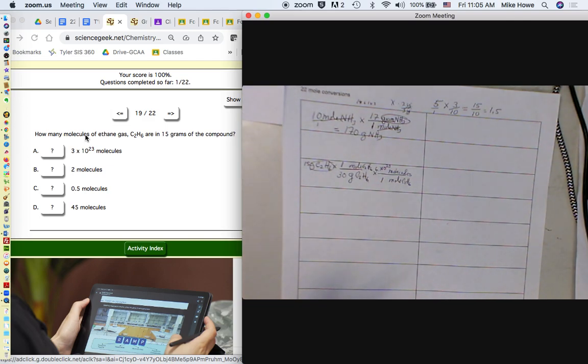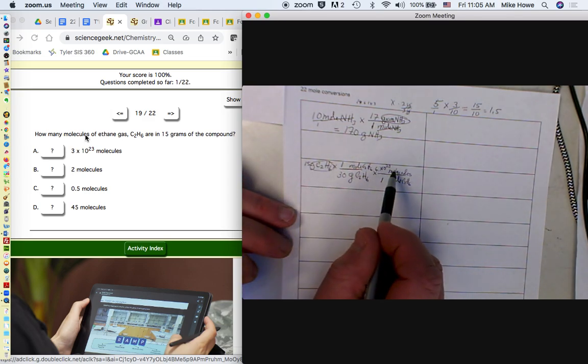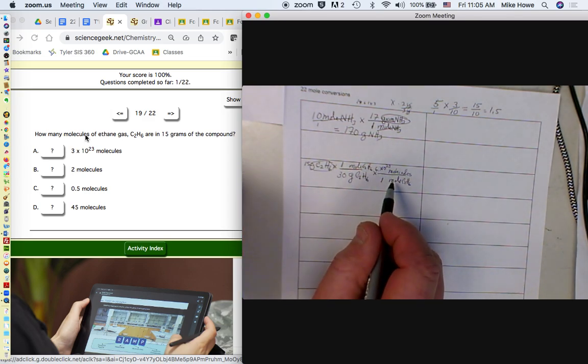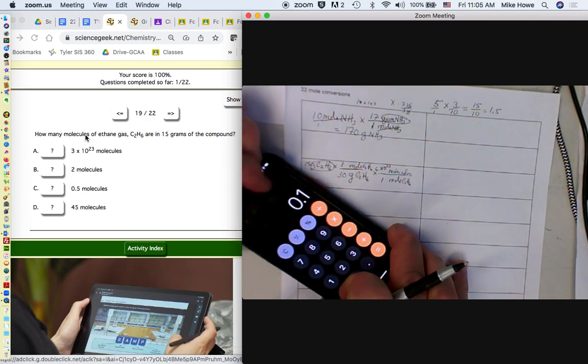All right, now we have to put this into our computer, or our calculator. And there's a couple different ways to do that. I think I'll show you on an iPhone calculator. Then I'll show you also on the computer with a regular calculator. Okay, so you may recall I told you to multiply everything across the top and divide by everything that's on the bottom. So if we do that, we would have